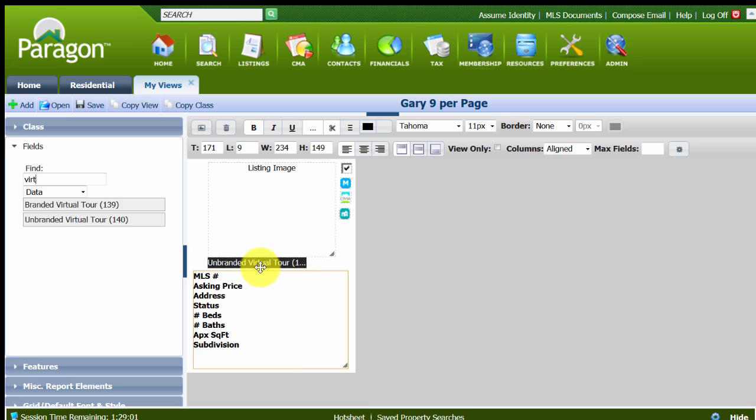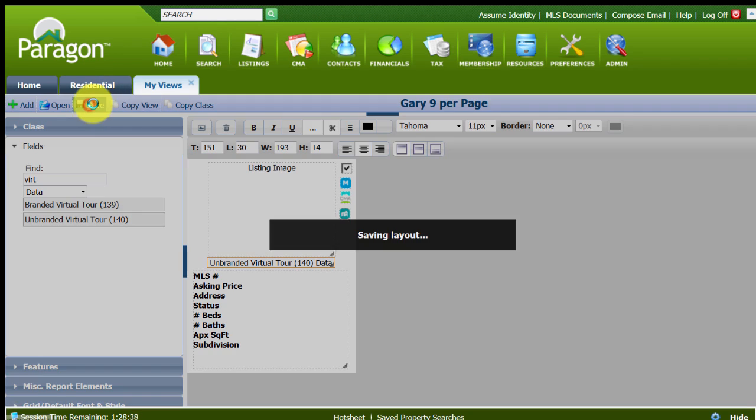Just going to drop it in. I'm going to make the field as wide as my picture, and I'm going to center it up. And by using just the data, if there's a virtual tour, it'll say virtual tour and it'll be a clickable link. If there is no virtual tour, nothing appears. But again, using the same kind of techniques that we've used before, we can then come in and customize the report. Let me go ahead and save it,